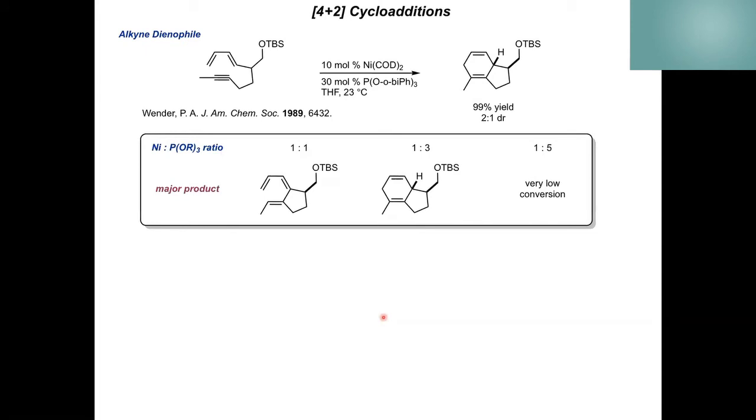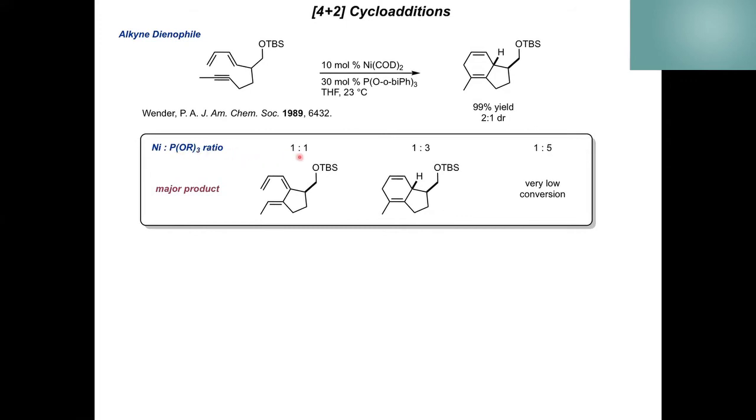Okay. Other 4+2s can utilize components similar to thermal 4+2s that do not use transition metals, using a tethered diene with an alkyne to make these non-conjugated hexadienes. And this is a really interesting process here, again using a nickel 0 pre-catalyst. But one of the things I wanted to highlight, that I thought was the most interesting thing to me at least that came out of this, was the dependence of the ratio of the nickel pre-catalyst source with the